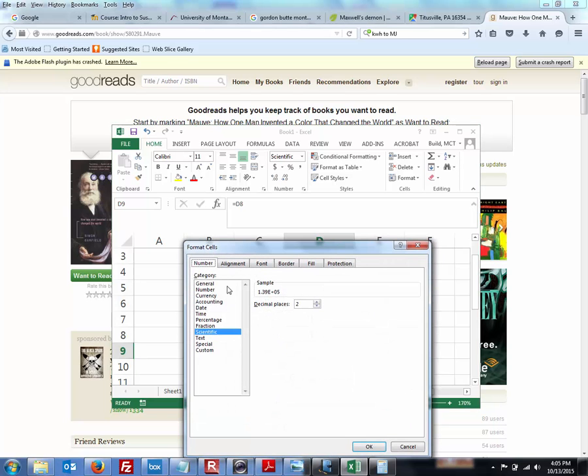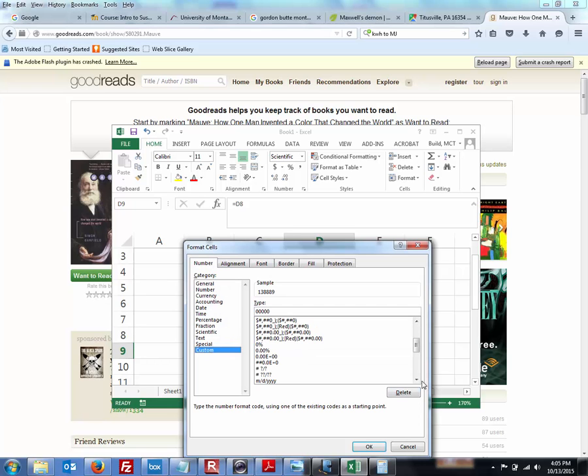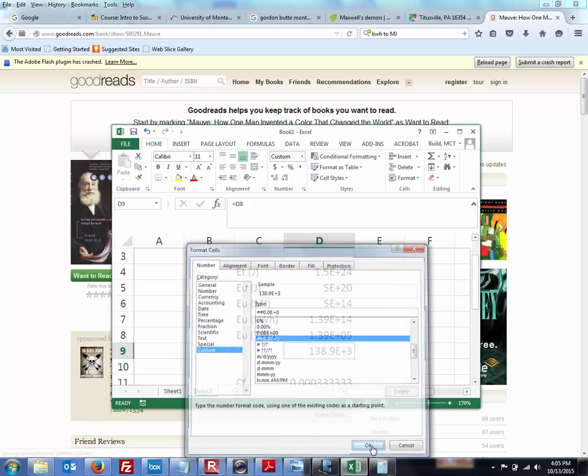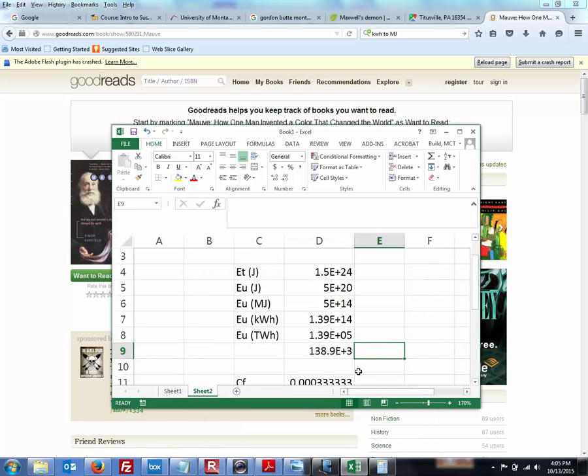Control 1, custom. We'll go engineering units with it. There you go. Okay, so 140,000 terawatt hours. Now I think we're prepared to look at table 5.3, because we can see that the total resource is